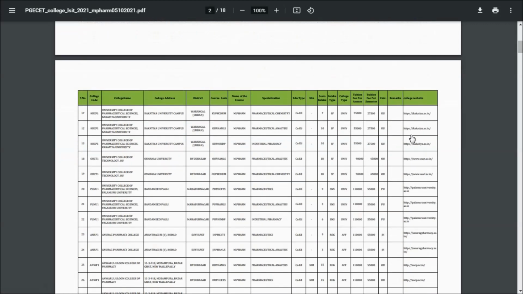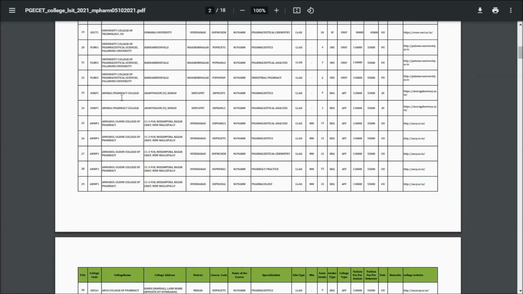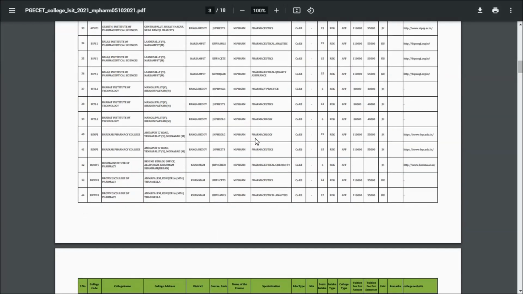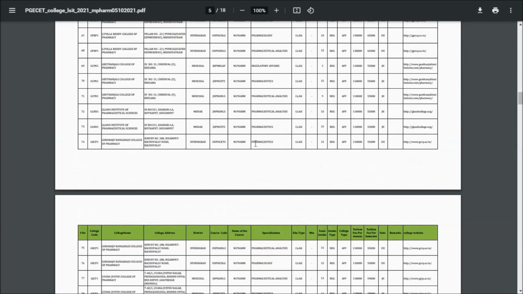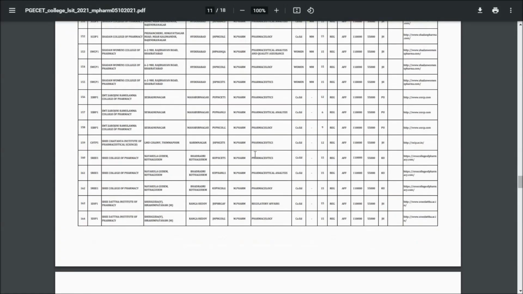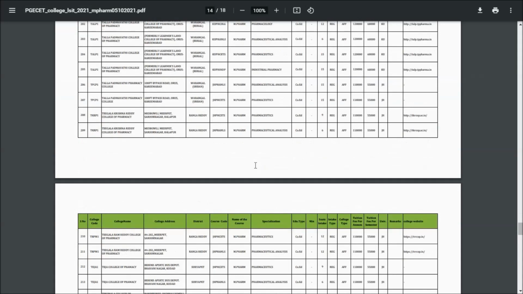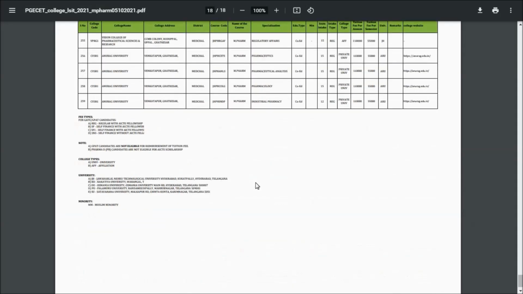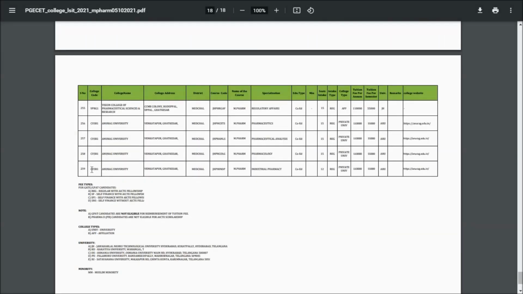So each and every college they have mentioned for M Pharma. Then here you can see Anurag Pharmacy College, Ananthagiri, and all the addresses they have mentioned, Suryapet, and specialization in pharmaceutics, M Pharm and co-ed, 9 seats, 1,10,000. Like how they have mentioned for each and every college, you can check from this website. So they have mentioned each and every college detail with fee. In total, 259 colleges they have mentioned here on this website.